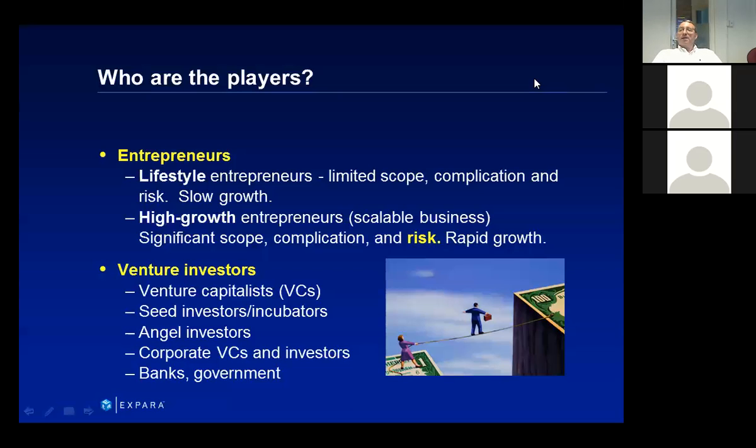Meaning, the traditional bank debt requires regular and usually immediate repayment on a fixed schedule, and most high growth startups won't have highly predictable cash flows, which means it's not a good idea to put traditional debt on top of a seed stage or early stage startup. And it can also require collateral, can require personal guarantees, all of which are not a good idea for seed stage startups. So now some banks have started to offer something called venture debt, which is a specially structured type of debt that is designed for startup companies.